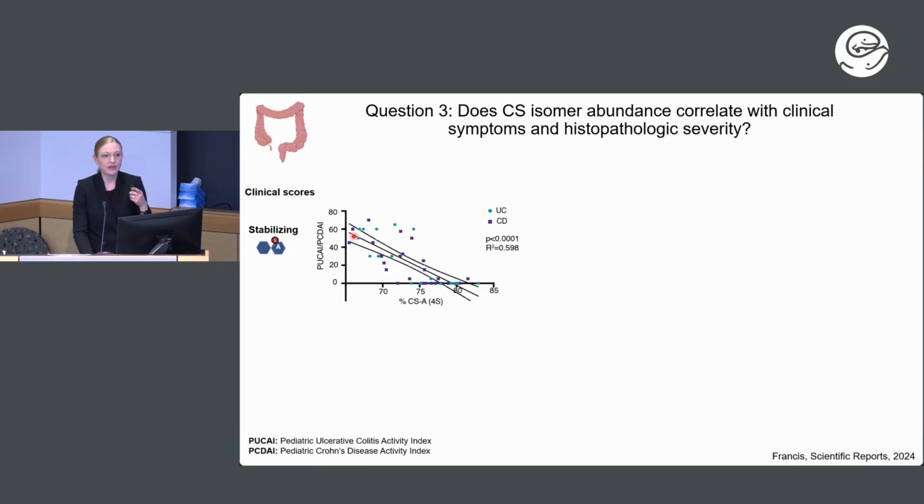So when you ask a patient how often they're going to the bathroom, whether they're waking up at night to go to the bathroom, how much pain they're having, how many stools a day, how much blood in the stools, it gives a pretty good depiction of how severe their disease is.